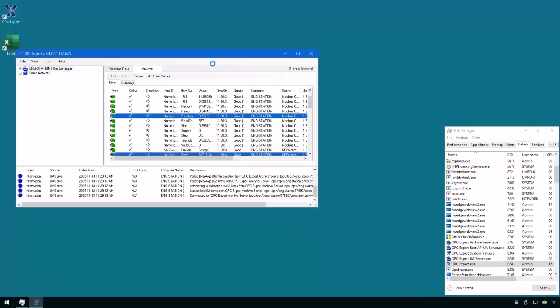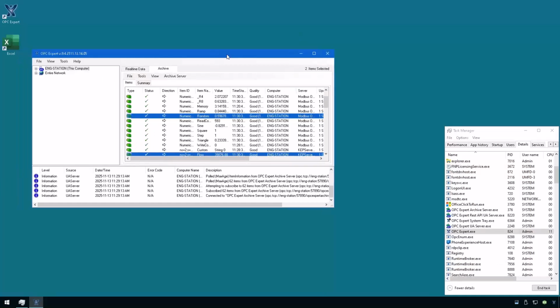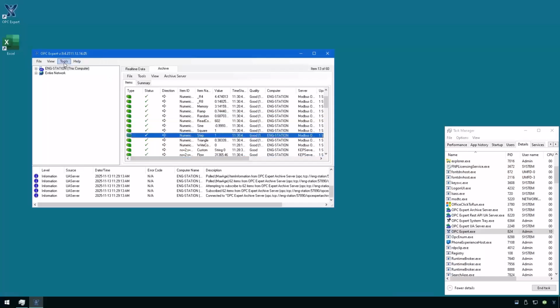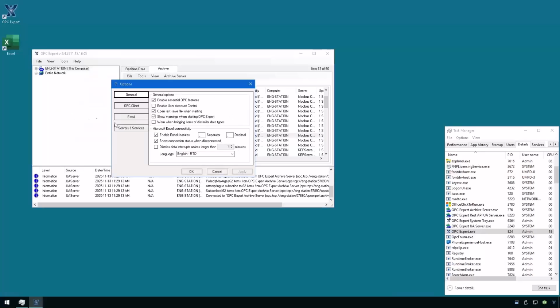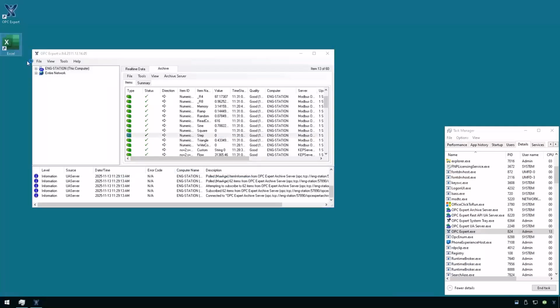But okay, so here I showed you REST API. And by the way, that's going to be the subject of the next webinar as well. Now let's take a look at Excel. But to show Excel, what I need to do is go to Options, and I need to enable Excel features just like this. So once you check Enable Excel features, then when you run Excel,